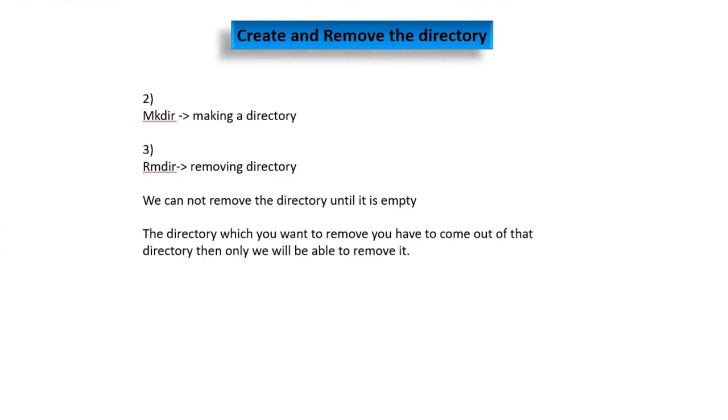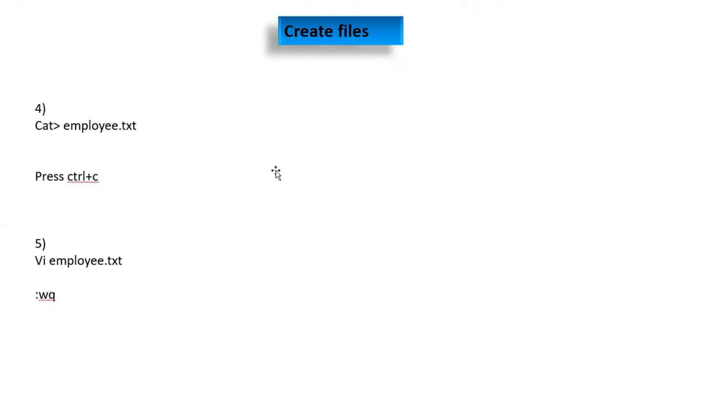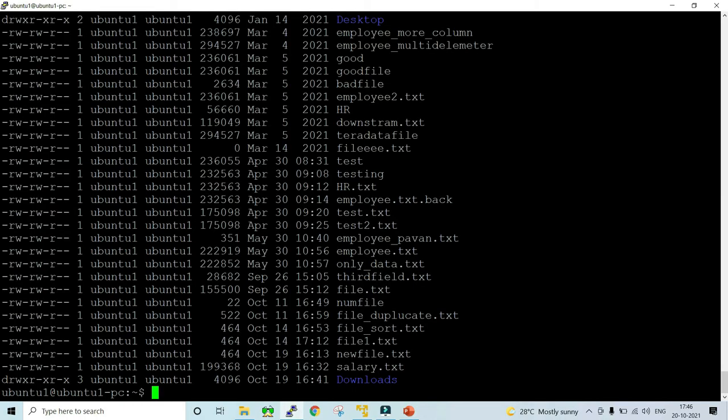All right. Now what is the next command that we need to see? How you can create a file. This is the fourth command that we need to run to create a file in Unix. You can simply type cat, that is the cat command, and you can press a redirection symbol, or you can also call it the greater than symbol, and just simply give the name of the file. Now let me give the name of the file as oracle.txt. All right, and press enter.